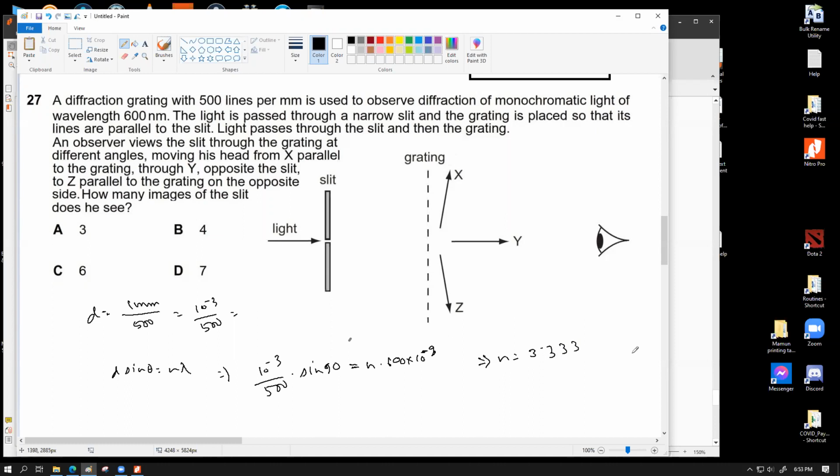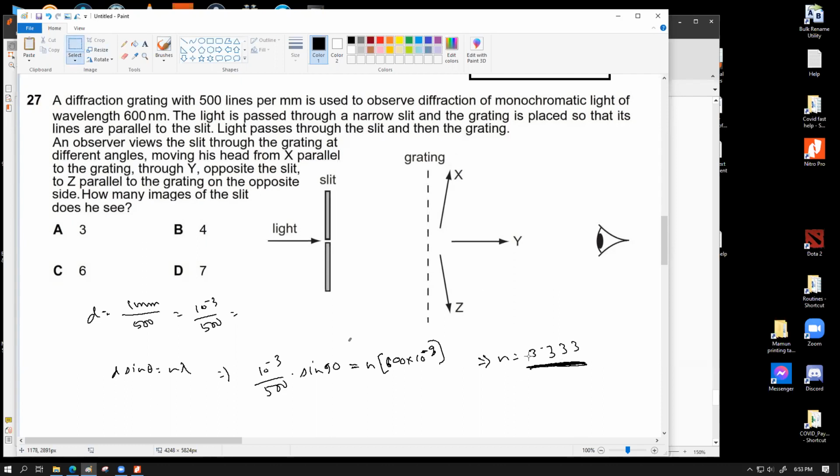It means the decimal comes like this. Those of you having trouble with the power, trouble with the multiples of 10, look carefully at that trouble. You got the 3 right, but somehow you messed up. This is the value of n. Now remember, n was named as the order of maxima. n equals 3, let me explain the physical significance of this. The physical significance is that this person will